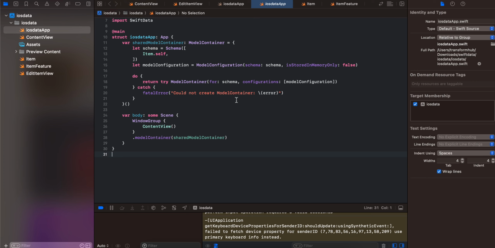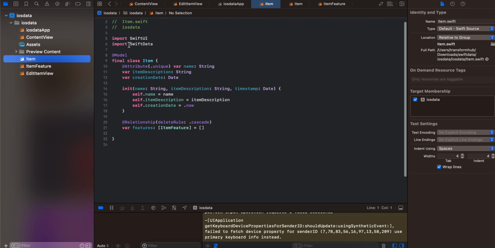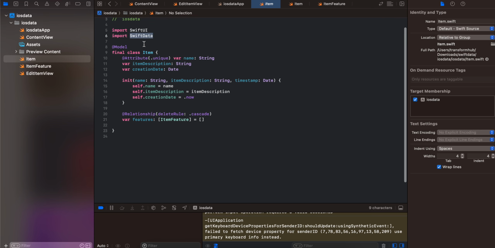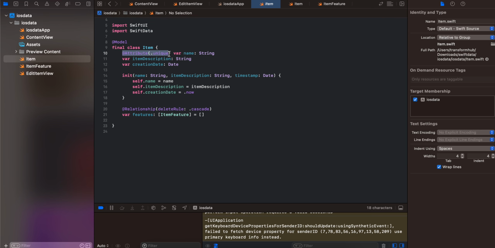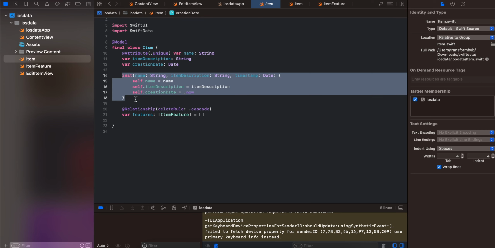So let's get started. I have created a SwiftUI application, and here I have created one item model. So here as you can see I have annotated with @Model and imported SwiftData. Then here I have added an attribute of unique ID name. If you know MySQL, you typically have an ID as a primary key, but here I have given name as primary key. You can make ID as your primary key as well. You just have to add this unique attribute, but just to keep things simple, I have made name as primary key. Then I have added a description as well as a creation date, and I have added that inside